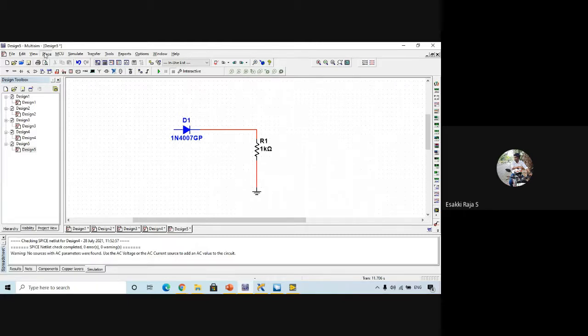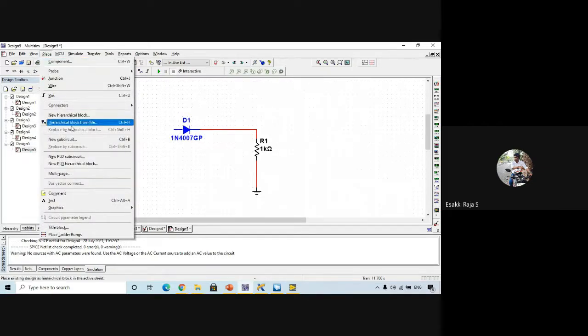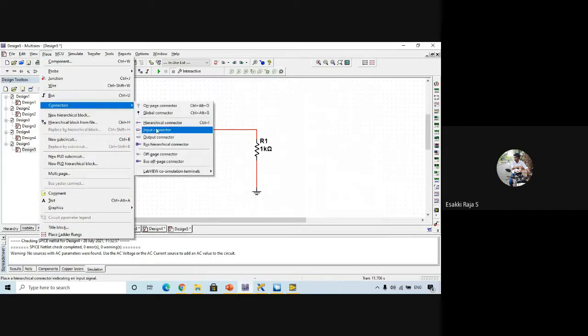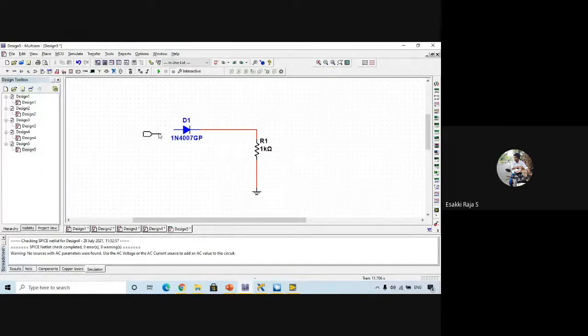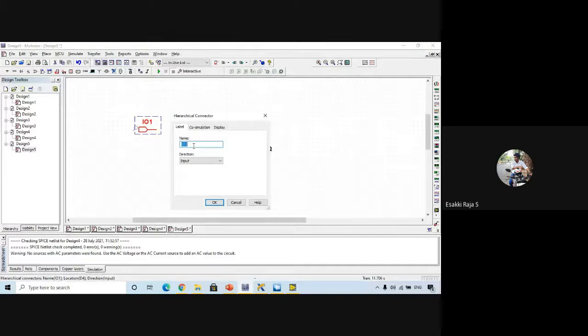So I'll go to place connector. I'm going to take an input connector. The input connector will be used to provide input to our circuit. Let me take an input connector, and we can give it whatever name we want.